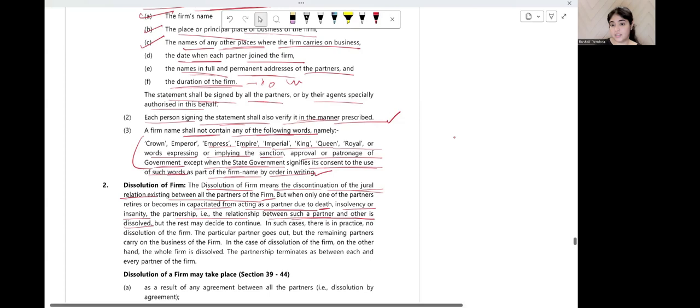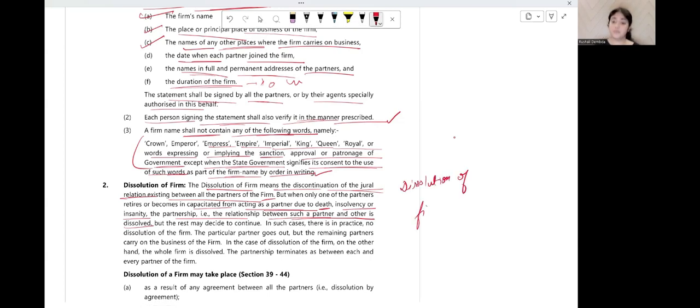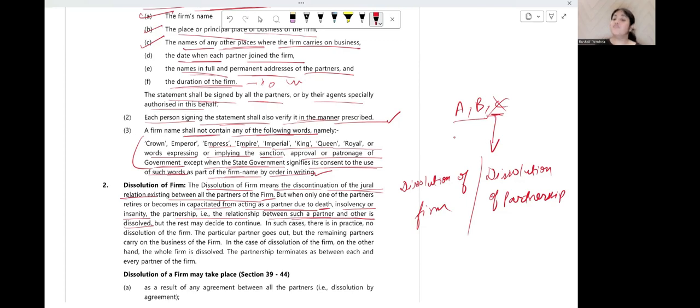Now, there are two things here. Dissolution, we have learned this, dissolution of firm and dissolution of partnership, right? Now, if a partner dies, say three partners were there, A, B, and C, and C died. So now their relation with C has ended. So that will be dissolution of partnership. But the firm will not necessarily be dissolved. If A and B want to continue the firm, they can continue the firm, right? If A, B, C all are alive, and they don't want to continue the firm, that time it is dissolution of firm, okay?